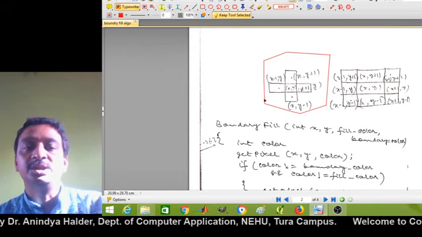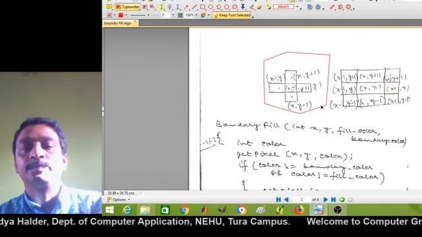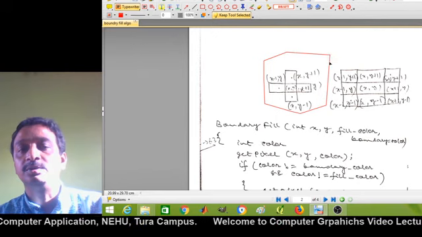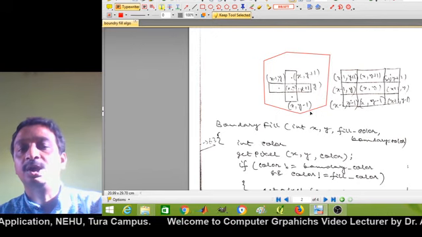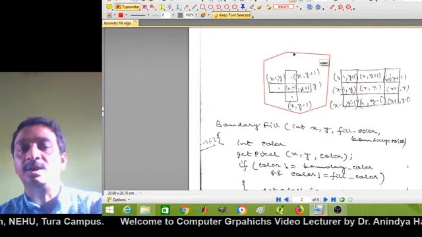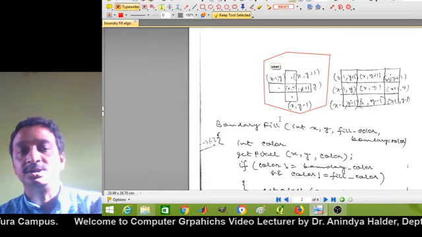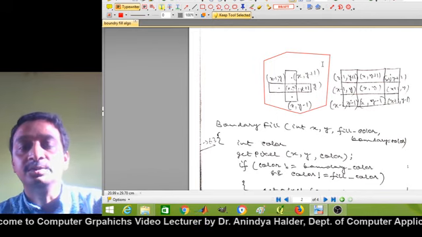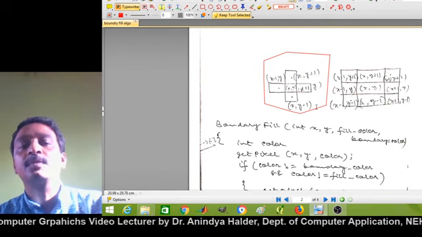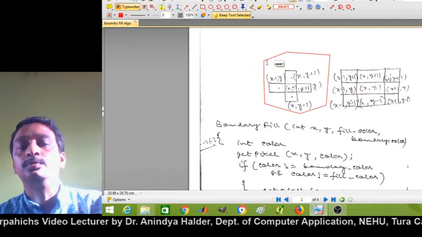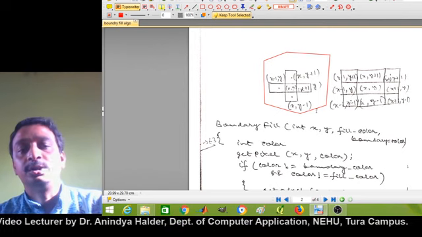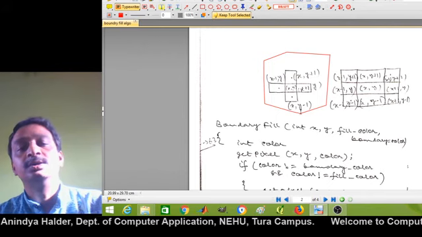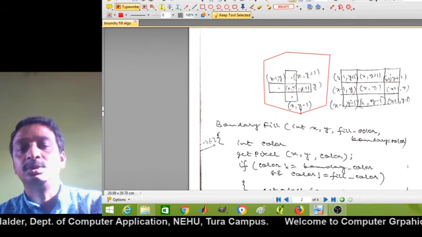Suppose this is a closed loop region having a uniform color boundary, that means a single color boundary. Here in this case the boundary color is red. The objective of this algorithm is to fill this closed loop region having a uniform color boundary with a specified color, let's say the fill color.